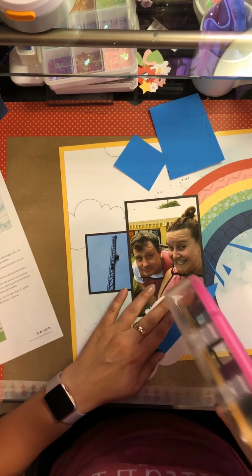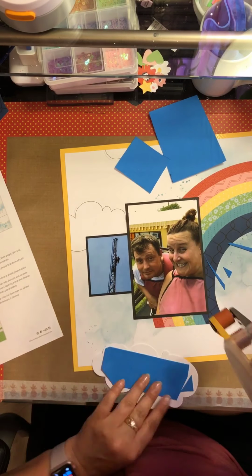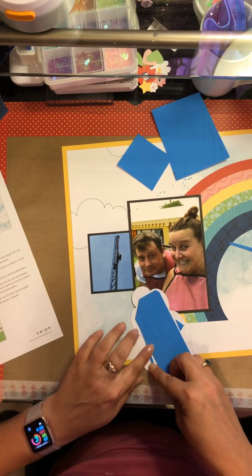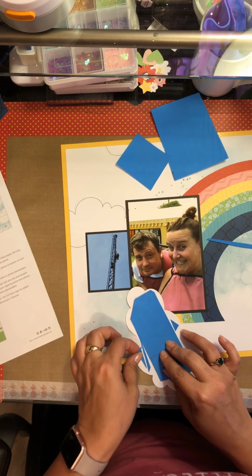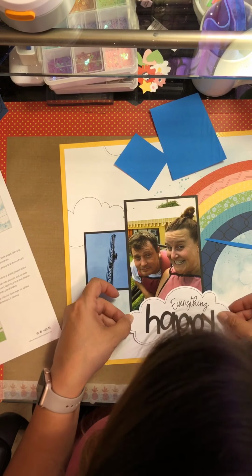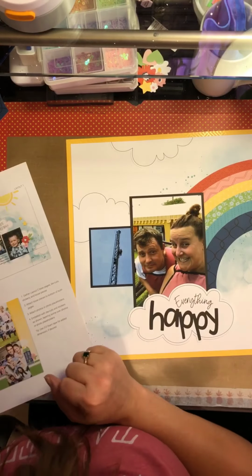This fun foam is not as thick as the foam dots, but it gives it just enough dimension. So if you're looking for more dimension, then the fun foam is clearly not for you. But I like it because it gives layers, because then I can come back on layouts and actually use